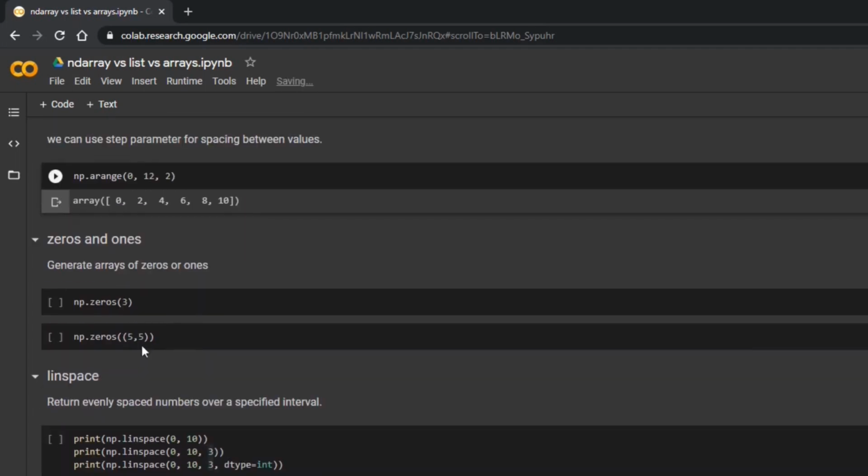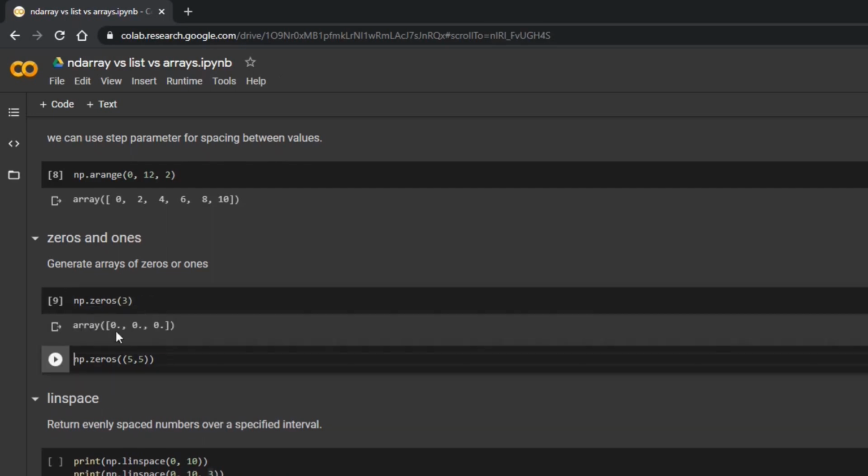Zeros and ones. These are also handy methods, and data scientists use these methods many of the times. np.zeros(3). What does that mean? It will generate an ndarray with 3 elements and initialize it to zeros. Remember, float values are generated.